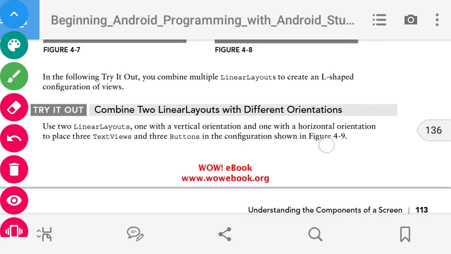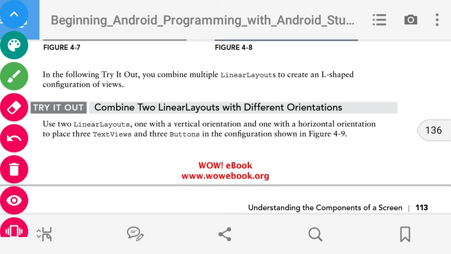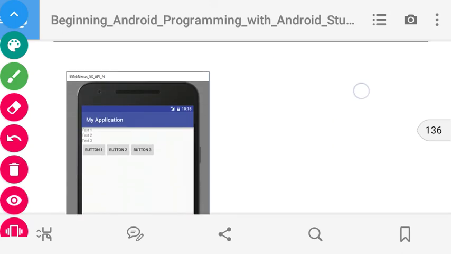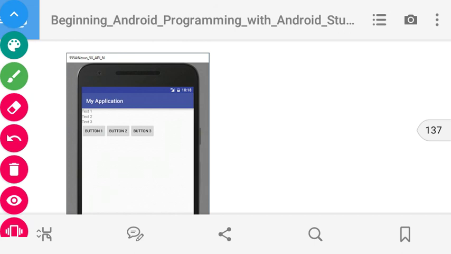Now let us look at combining two different linear layouts. We can combine two linear layouts with different orientations. So we are combining vertical orientation as well as horizontal orientation. This is the output.